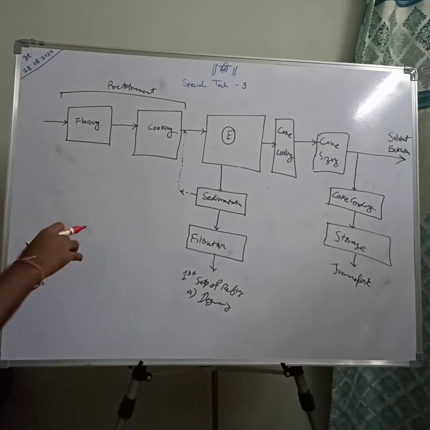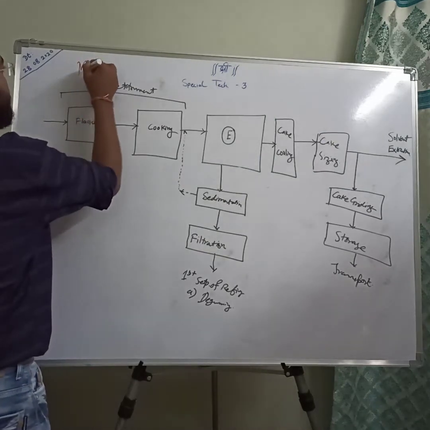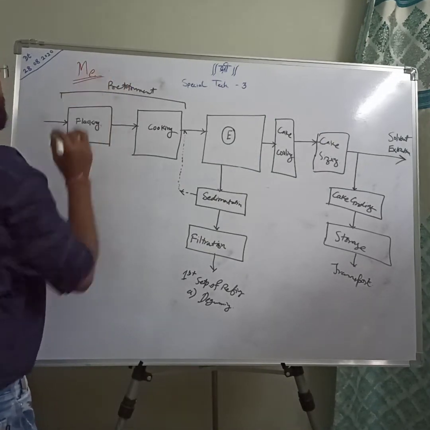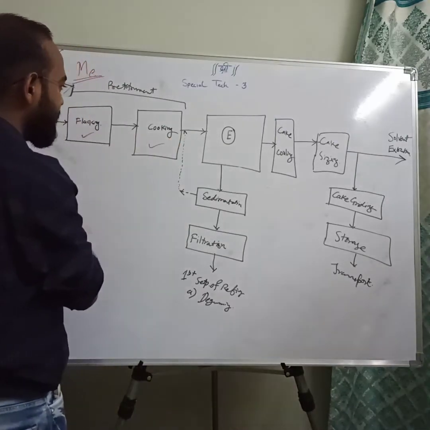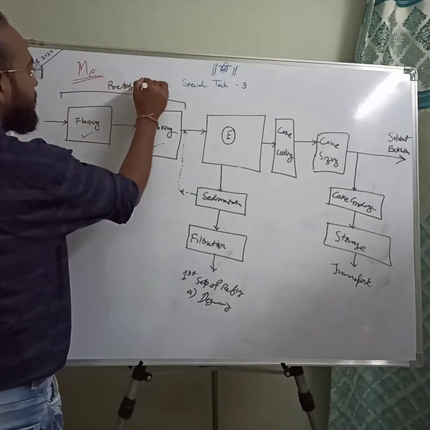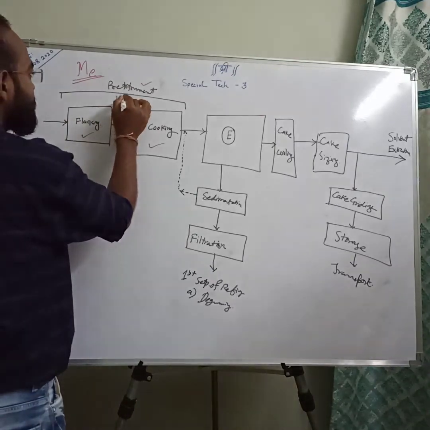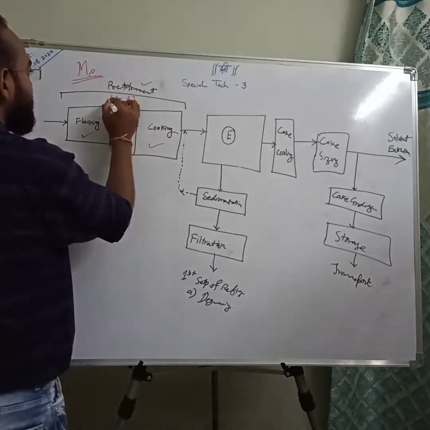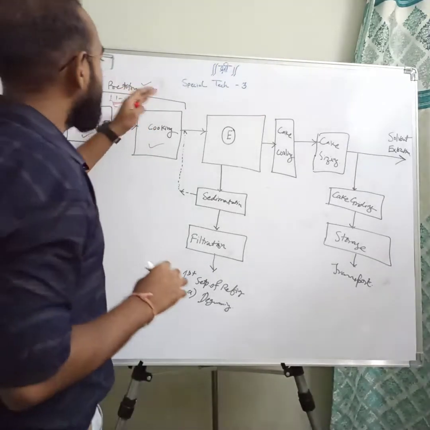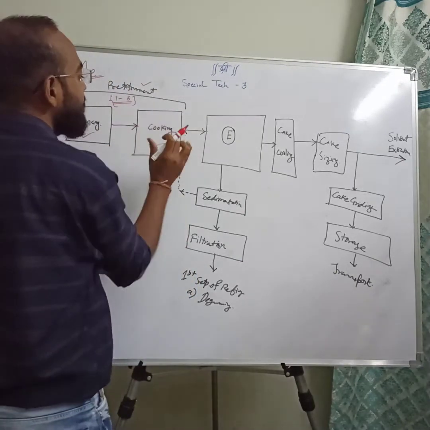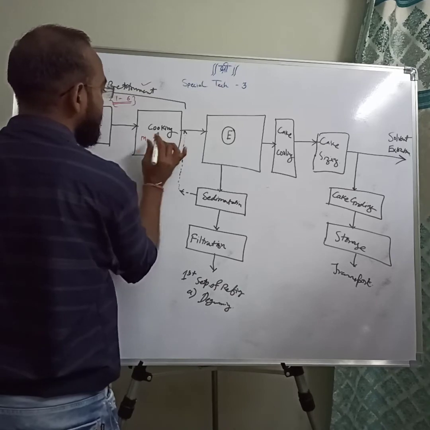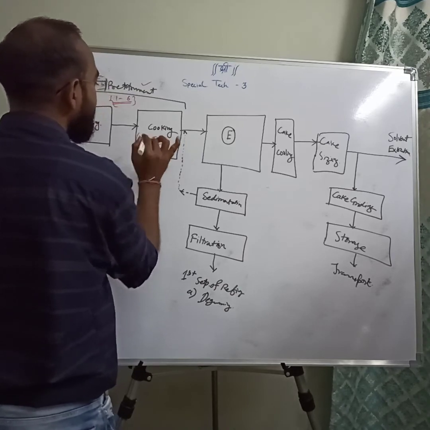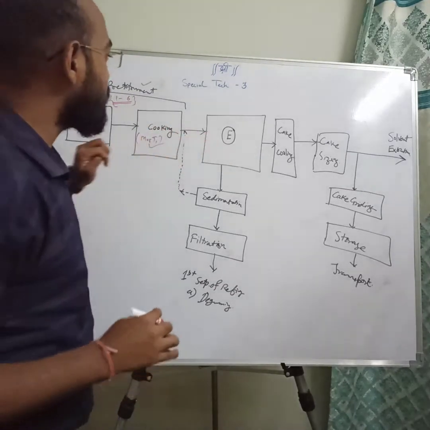Now let's focus on this block diagram for mechanical expression. Flaking is already carried out, cooking already explained. This comes under the pre-treatment of our oil seeds. Steps 1 to 6 are pre-treatment. Now we have the oil seeds which are already cooked with optimum moisture content and temperature. These two factors we already have. These seeds are sent to the expeller.